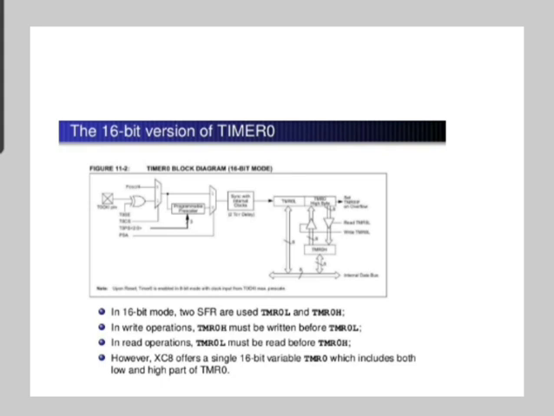Similarly, during a write to timer 0 low value, the high byte of the timer is also updated with the contents of timer 0H, allowing all 16 bits to be returned to the timer. Thus, to write to the timer, the program should first write the required high byte to timer 0H. Hence, when the low byte is written to timer 0L, the value stored in timer 0H is automatically transferred to timer 0, which causes all 16 bits to be written to the timer.